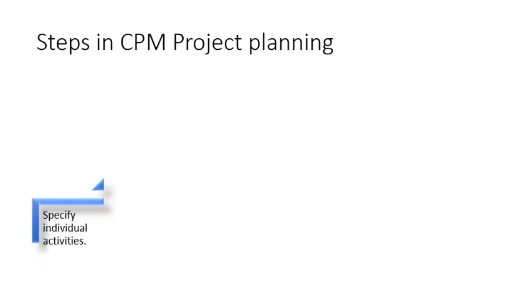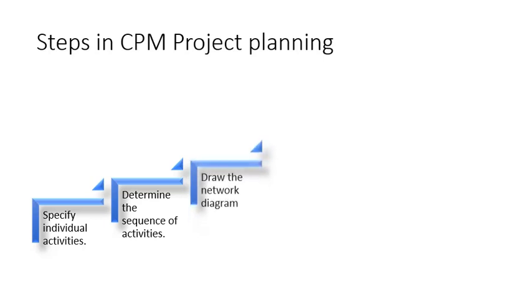Now let us see what are the steps in CPM project planning. So these steps are more or less similar to the PERT project planning. So let us just quickly run through it. First, specify the individual activities. All the activities in the project are planned. The list can be used as a foundation for adding sequence and duration information in the latter steps. Then next step is to determine the sequence of activities. Various activities rely on the completion of the other activities. Therefore, a list of all direct predecessors of each activity is useful for constructing the CPM network diagram.